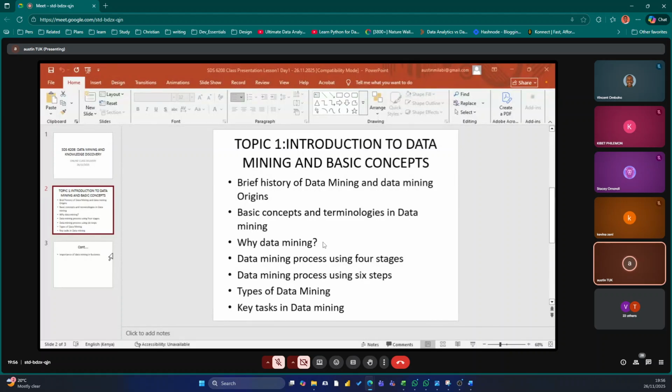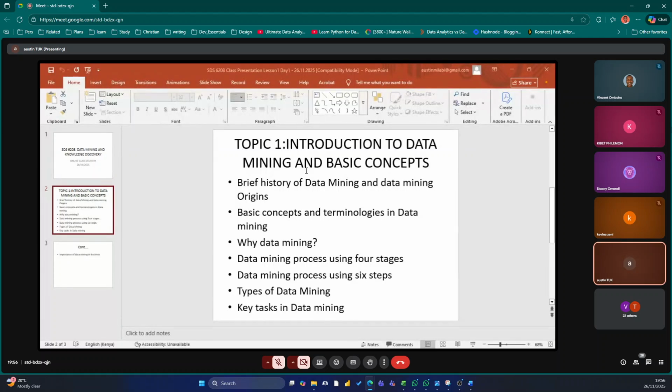After talking about the 6 steps and the 4 stages, let me talk about types. In data mining, we have got majorly and commonly applicable 2 types of data mining. The first one being predictive data mining and descriptive data mining.